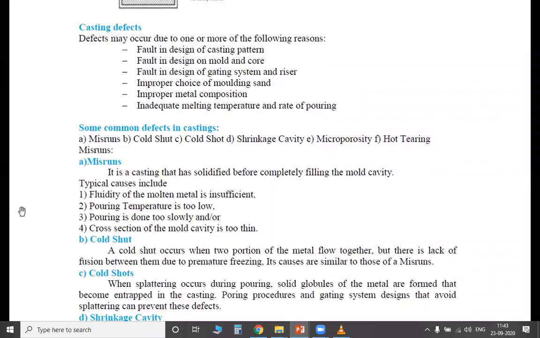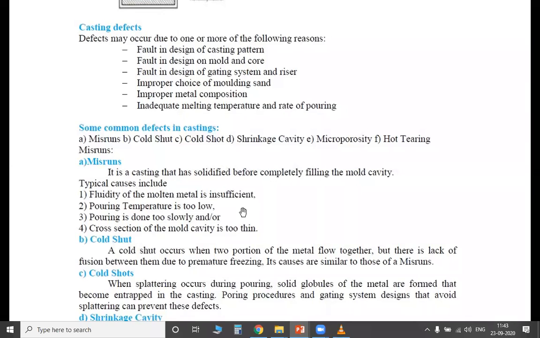So why does it happen? When the fluidity of the molten metal is not sufficient. Not sufficient means whatever the ladle you are taking, it must be correct for the total process. The molten metal must not be taken 2 to 3 times. It must be in a correct ladle to be carried over. So is the fluidity of the molten metal insufficient or not? It means what type of molten metal is to be carried out for a certain part.